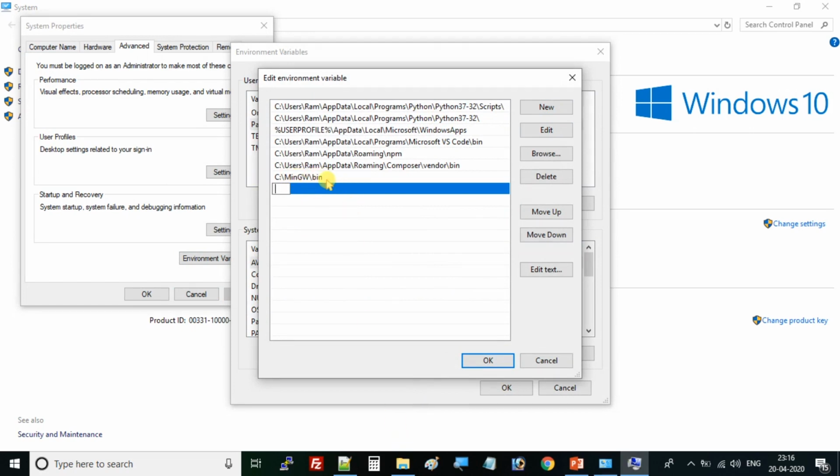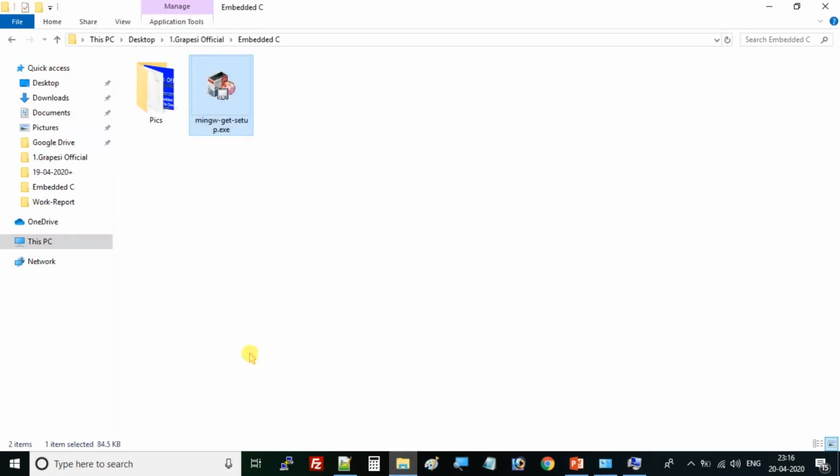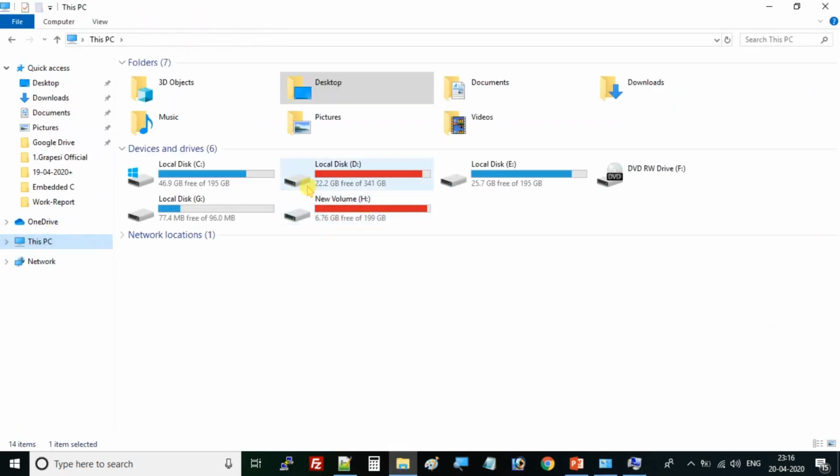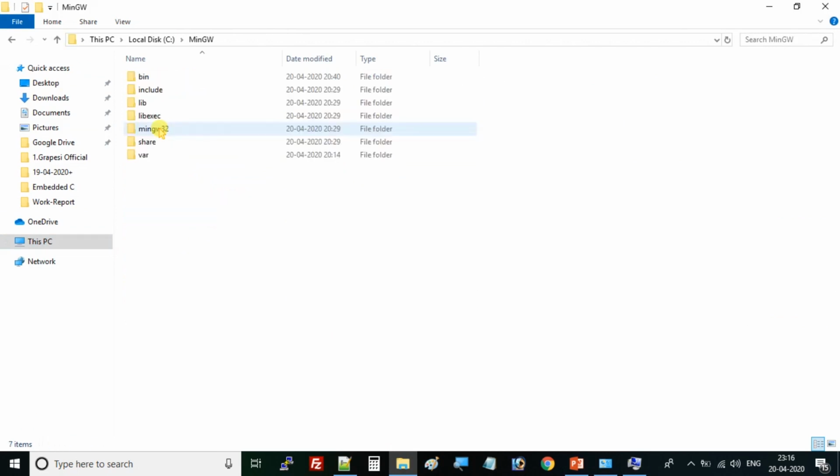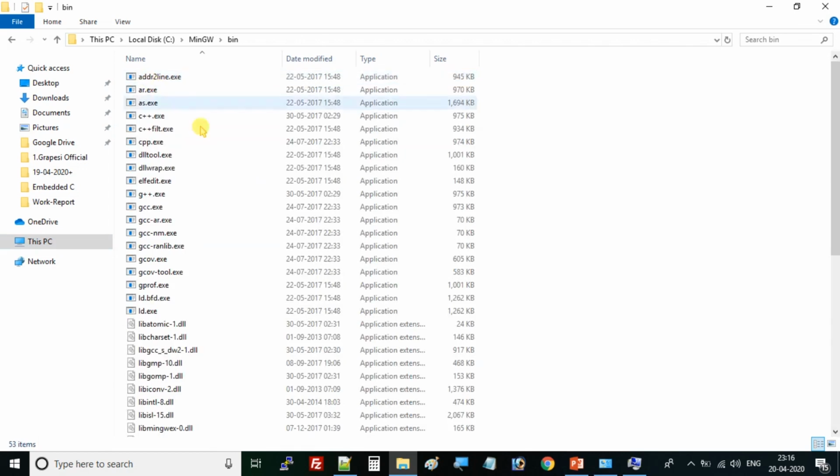Where will you find this path? You have to cross check it in the C directory, in the MinGW folder. In MinGW you have to go into the bin folder, and here you will find the GCC compiler.